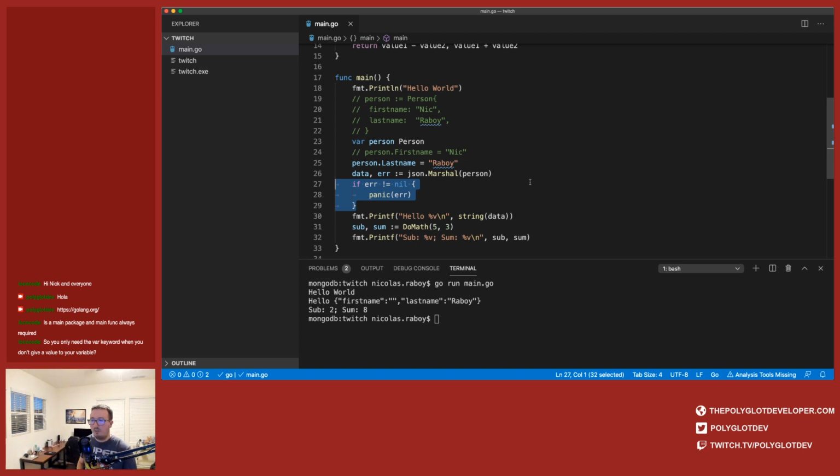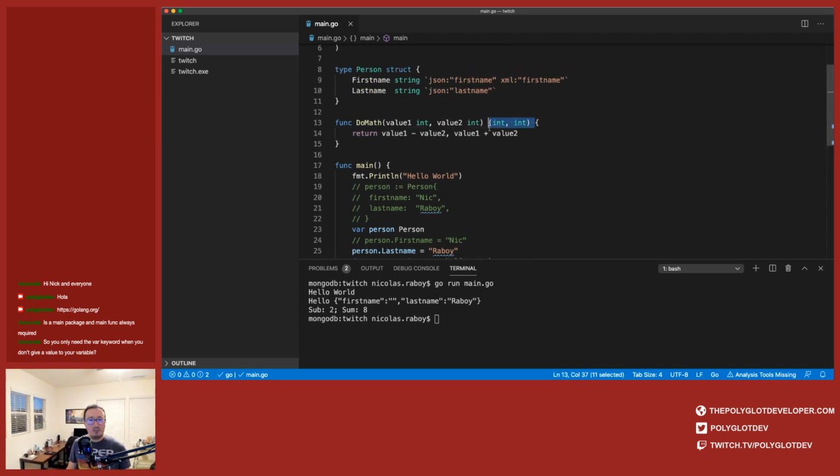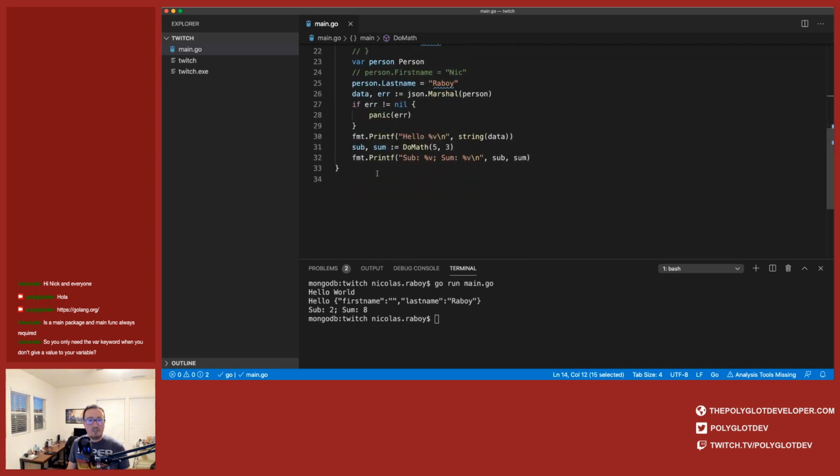And actually, there's one more thing I can show you that's interesting. So I actually returned 2 integers here. Let's say that I'm not interested in the return value there. I can't just go down here on line 31 and remove it because we're returning 2 values. What is sum going to be? Sum is, we don't know.